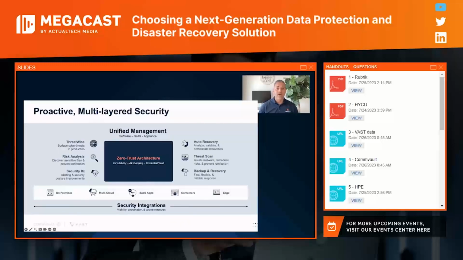I mean, you talk about automated recoveries all the way down to a file level of a last known good copy if you are hit by an attack, and being able to recover from that last known good copy all the way down to a file level, and being able to automate that and make it that much quicker for a customer. And the integration across all of the platforms, all the way from on-prem through the edge and the cloud, Commvault security posture is second to none.